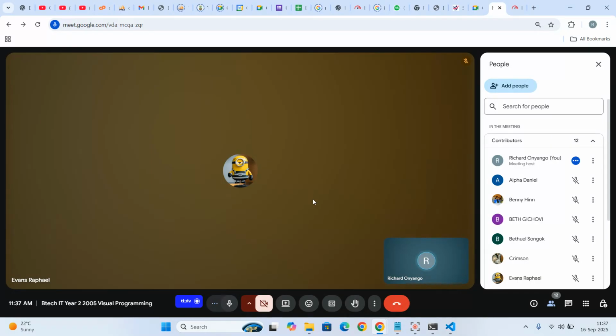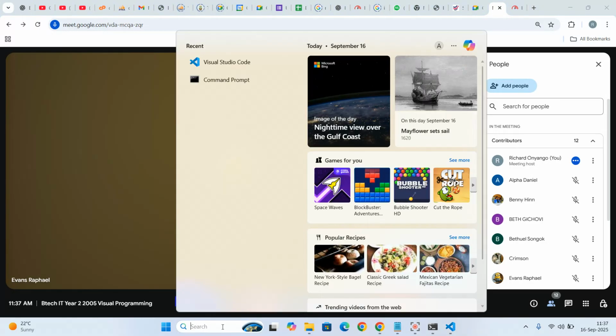So today, I want us to discuss what we call flow control, which is a very important aspect in any programming language. So our focus for today is going to be on flow control, or control structures as some people call it. So I will launch our Visual Studio Code instance